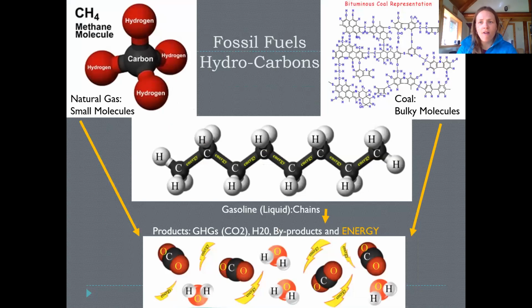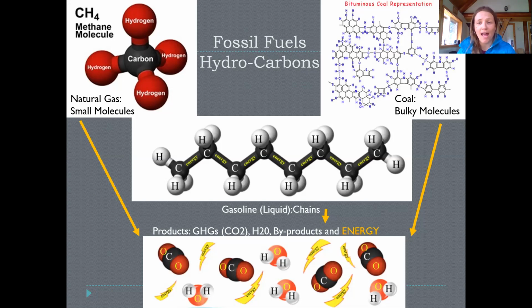So just to think scientifically about this, I have 4 different images here, showing on the top left natural gas, which is a small, very simple compound. Natural gas is primarily made of methane, which is carbon surrounded by 4 hydrogens. Then gasoline is a long carbon hydrogen chain. And then coal, what this chemical compound would look like, on the top right, is